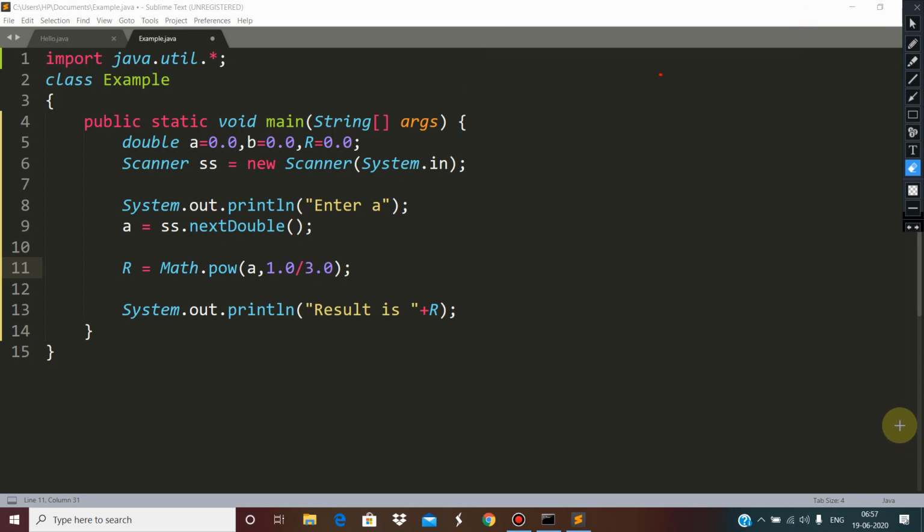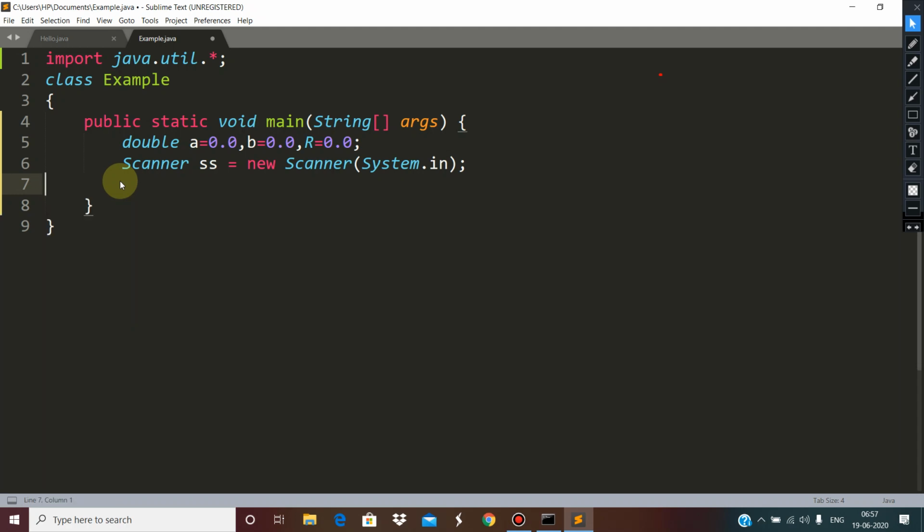Children, one more function we are going to see is math.floor. In that case, what does it do?